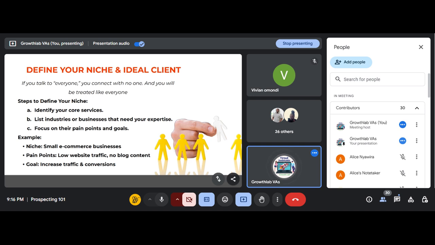You only mention the problems that you can solve. For example, if they are a fitness coach, maybe they don't have a recording system to know who their clients are, the payments, their marketing, and what have you. So write down the pain points that you can solve. And just to take it a step further,